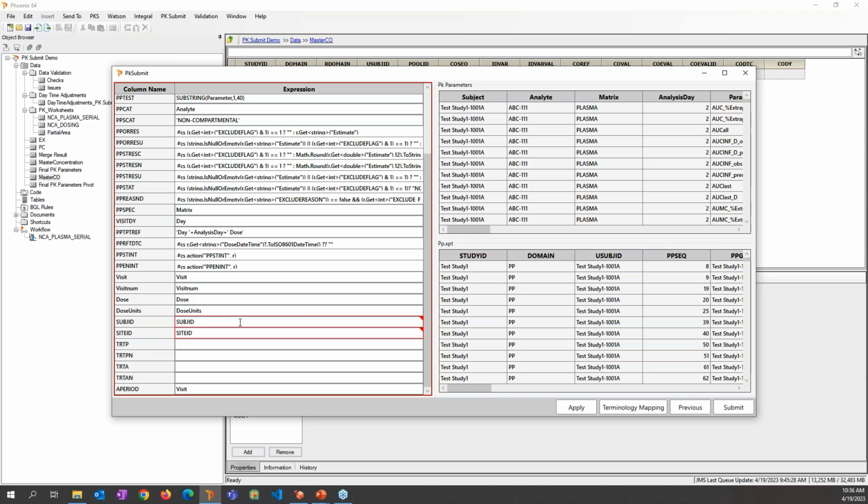So if you needed to modify those, you could update that to point to a variable that does have that information. Those two expressions aren't required for CDISC for this particular example, so we don't need to populate them. So I'll just leave that as is for now, and then we can continue. So once I hit submit,